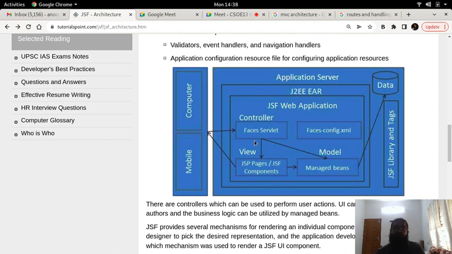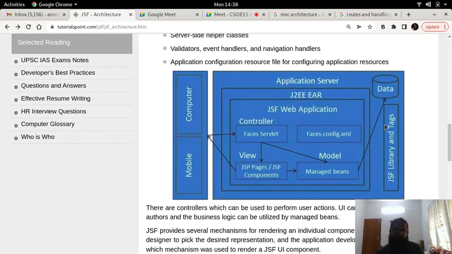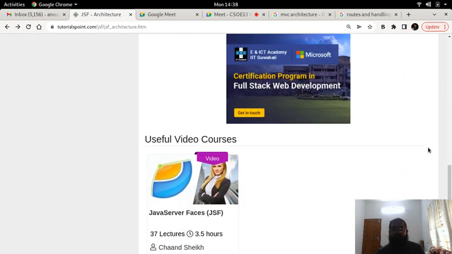The controllers are the servlets, and the views are the JSF components or the JSP pages. The models are the managed beans, which interact with the data and do the necessary things. And there you have the JSF library and the tags also, because the JSF web application works with the different libraries and tags that are already available to you.